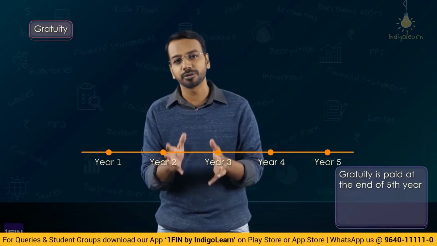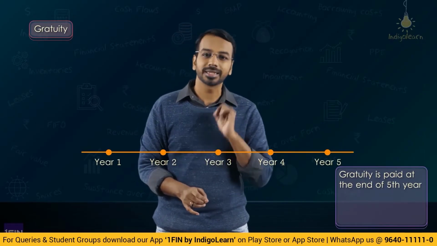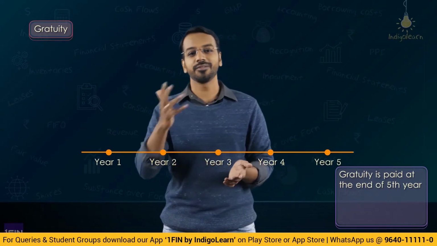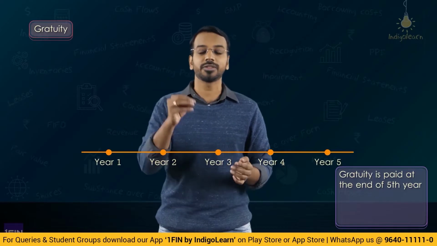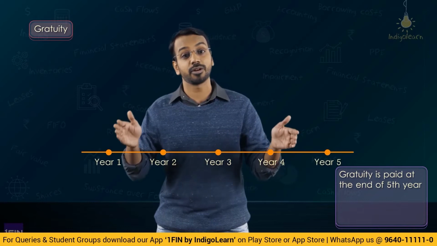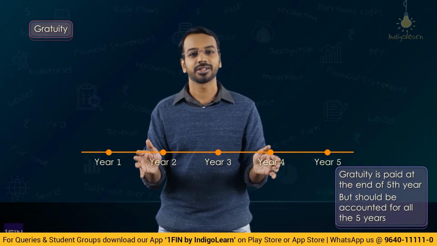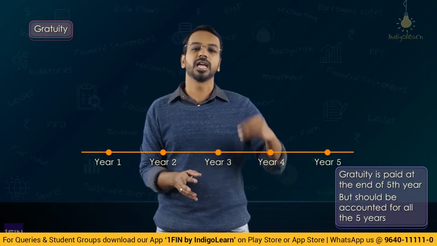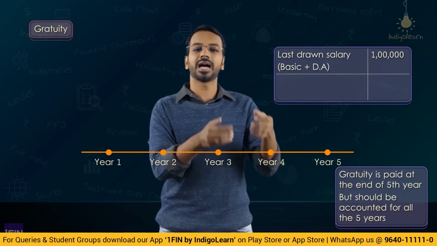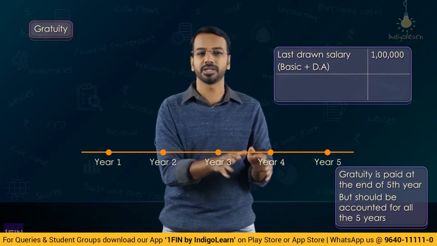Very simple. Now, the important question that you need to ask is, why am I getting gratuity? I am getting this gratuity because I have worked in the company for 5 years, which means the company has received 5 years of service from me, and because of that the company is paying me gratuity at the end of 5 years. Now, service has been provided over a period of 5 years. That means the relevant cost, using the matching concept, should also be accounted for in the 5 years. Correct? Because gratuity, let us say my last drawn salary, the basic plus DA at the end of 5 years is 1 lakh. On 1 lakh, I will get half month's salary, 15 days by 30, not 15 by 26, 15 by 30.